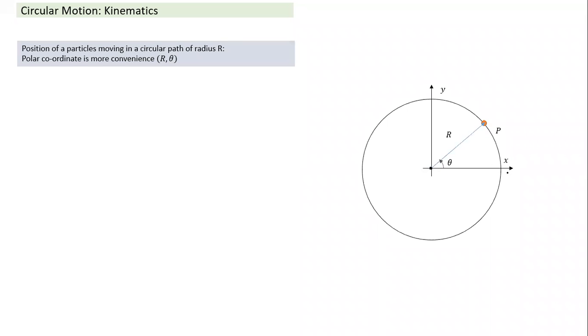So here, what is the direction? We are measuring angle theta with respect to x-axis, and we are taking anti-clockwise as positive. So if angle is like this, positive, angle like this is negative. So there's some sense of direction attached to theta. Rather than using xy coordinate, this becomes more convenient, r remains same. So theta alone is enough to define its position. And whenever displacement takes place, theta changes.